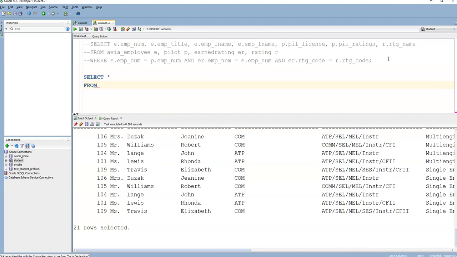So from employee, I still like to use aliases always. So E, inner join. And I'm not going to use the using thing, because to me, that's not natural. It's not incorrect. You can use it, but it's not something I do. So I'm going to do the sub variant of 92, where you actually have on instead of using. So pilot P, and the way that you join those things is on